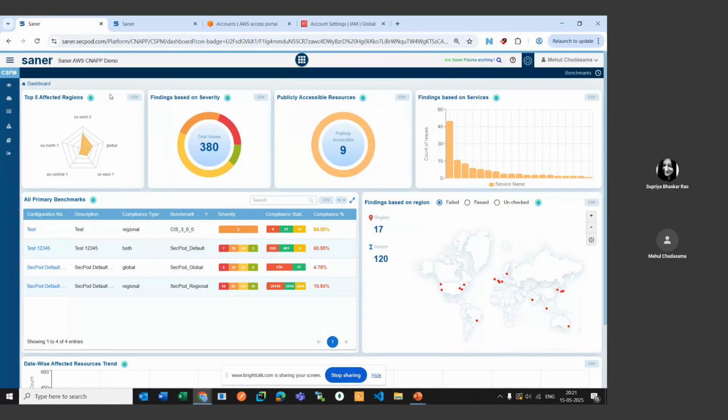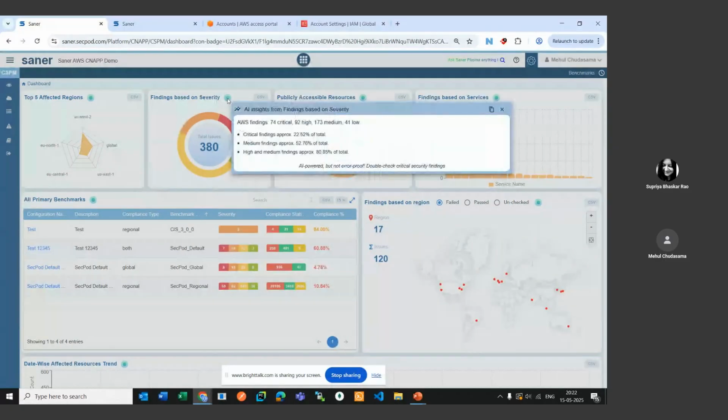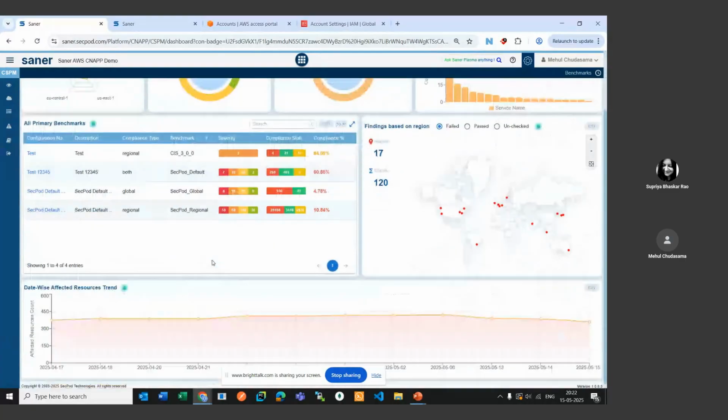For every dashboard and every chart, we have given you an AI assistance button, by clicking on which you will be able to see three crisp bullet points which summarize that particular section. So here you can see that it shows 22.52 out of total are critical findings, 52% are medium findings, and 80% are high and medium findings.